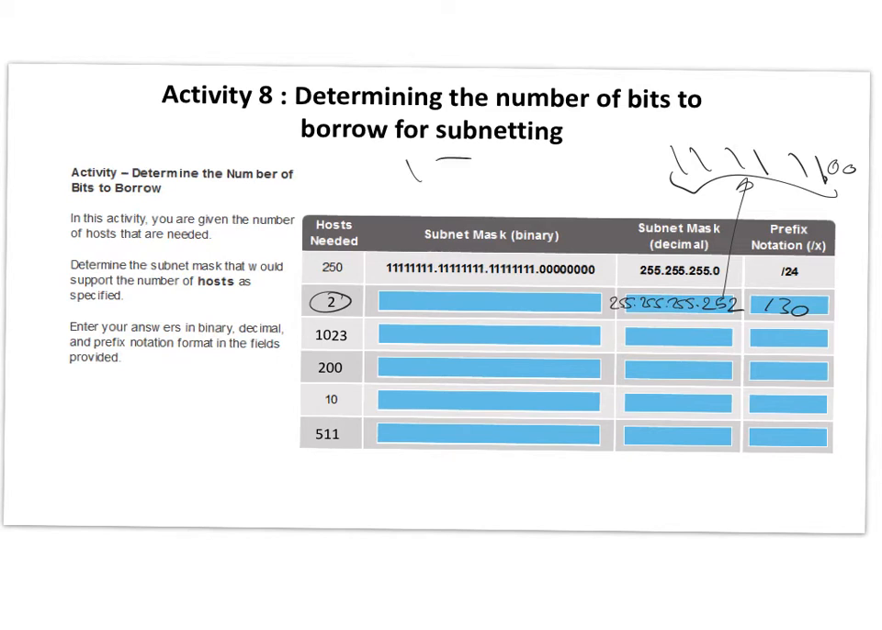128 is 1 one and all zeros. 192 is 2 ones and all zeros. 224 is 3 ones and all zeros. I don't have to convert these numbers back and forth, because this will take time. Okay, so